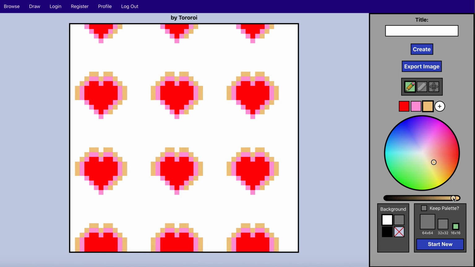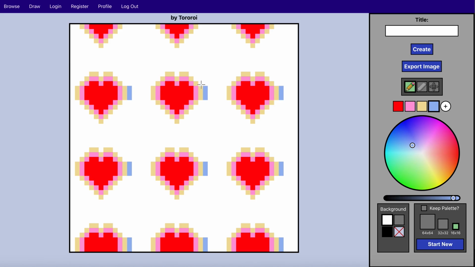So let's increase saturation a little bit. That's a little bit better of a color, I think. And then I'll just continue drawing. So let me show off the other tools now. If I want to keep drawing here, let's say I decide I didn't want to make that mark, I can